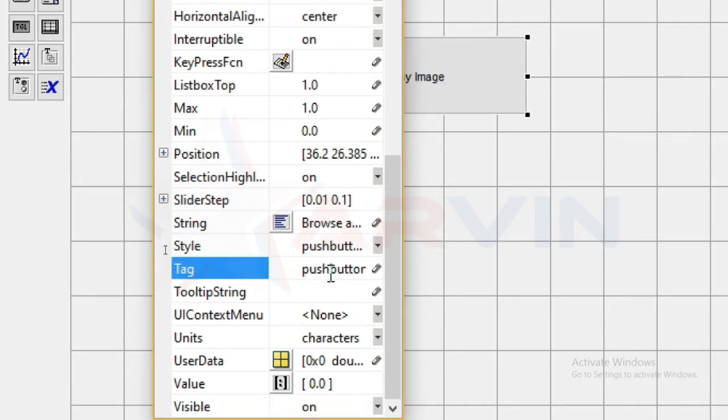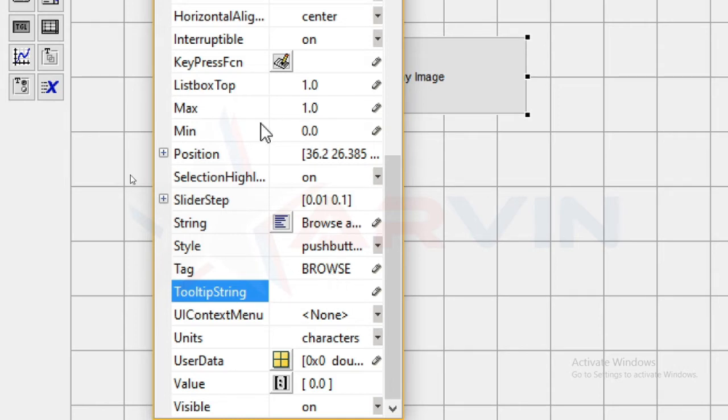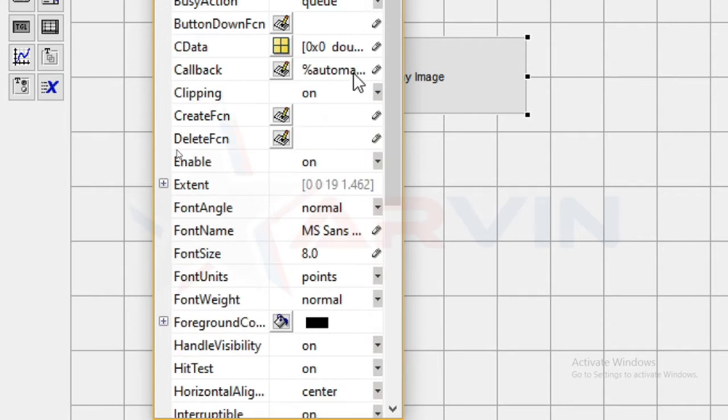Then go to the tag property and change the tag name as per your requirement. In the programming file, a function will be created with the same name as the tag name. Tag name is the most important property if you are using GUIDE. I changed it to browse. You can also change the button colors and other properties.